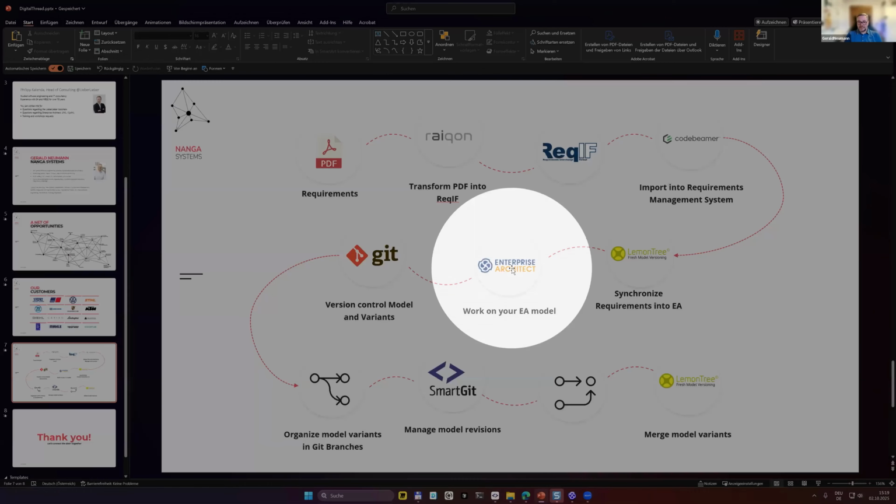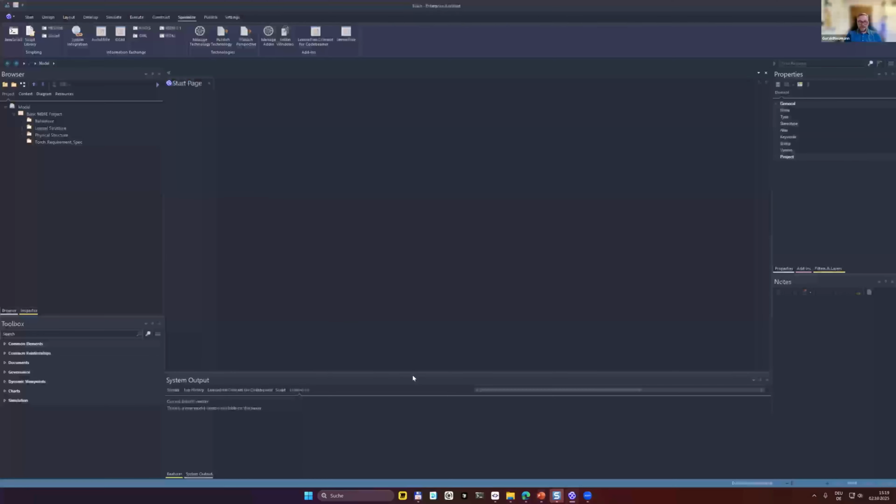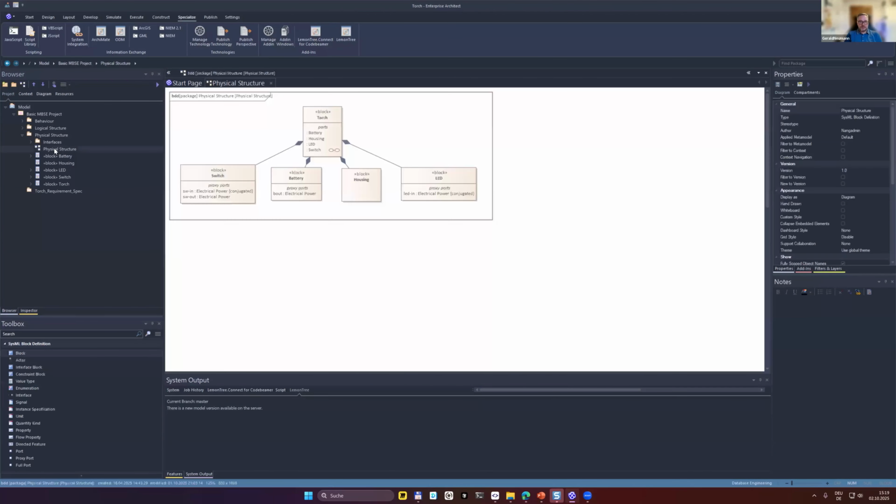into Enterprise Architect. So in Enterprise Architect, I already have a prepared very simple model with some behavior, some logical structure. Let's focus on the physical structure here. So this is basically our torch. The torch consists of a switch, a battery, a housing, and an LED. And we already see here we have an empty